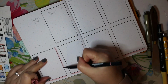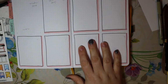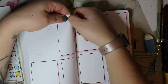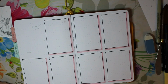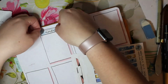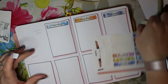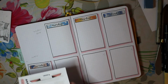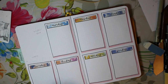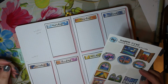Doing a little cute pink drop shadow. Not perfectly, just throwing it in there. And then as I was erasing, I realized that I wanted to put different date stickers. So I'm just putting in these cute little cloud stickers. These are from the Windows of the World kit. And then I was thinking about putting in that,